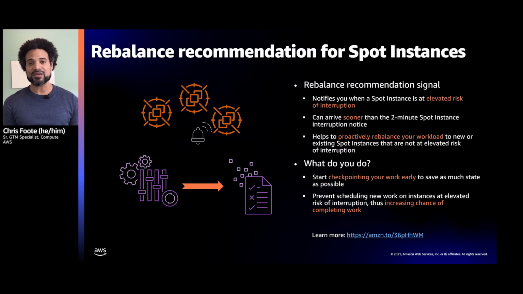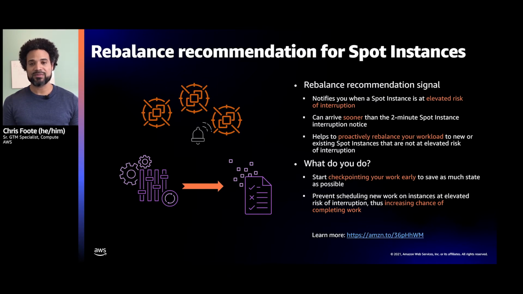This is helpful if your application can leverage more than a 2-minute notification as a response. An example is maybe you want to start checkpointing your work early to save as much of the state as possible. Or perhaps you want to avoid scheduling new jobs on instances that are at an elevated risk of interruption. This increases the chance of actually completing your work.